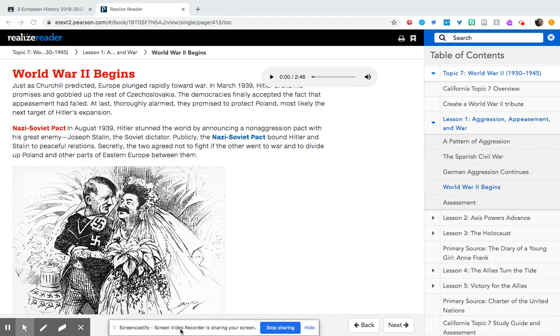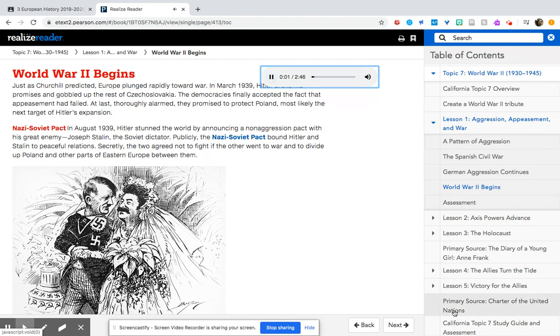But the main chapter that we're going to focus on, that will be soon after this page, is going to be Axis Powers Advance, which starts on 462. Okay? All right. So my commentary after this will be minimal, but if I have time in between the audio recording, I'll try to chip in to provide any hints. All right, let's begin.